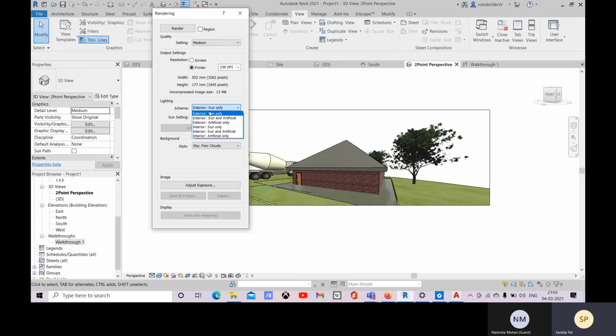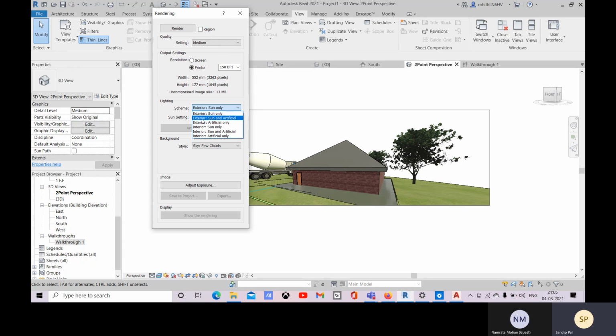And during sunset or sunrise, where you have placed all your artificial lights and you want to see all the artificial light effects included within your rendered image,